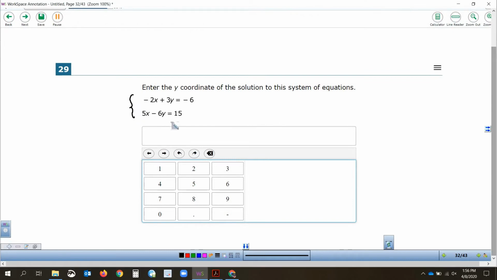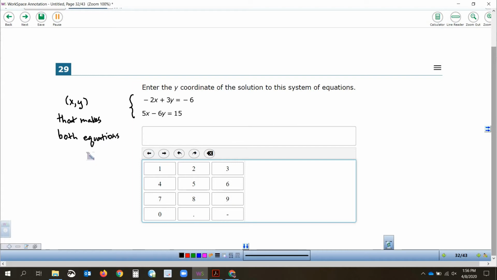We previously, not too long ago, solved a system of equations by graphing, and we graphed the lines and found where they intersected. So one option would be to get out a piece of graph paper and graph this line and graph this line and see where they intersected. Because what are we looking for? We're looking for the value of x and the value of y that makes which equation true? We want to make both